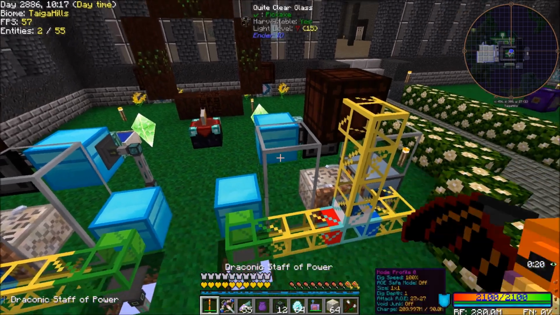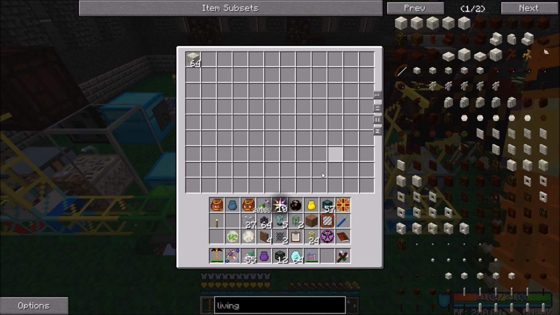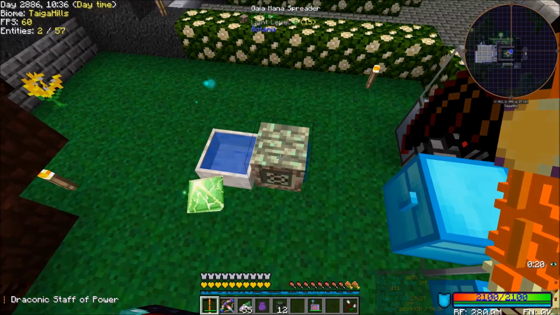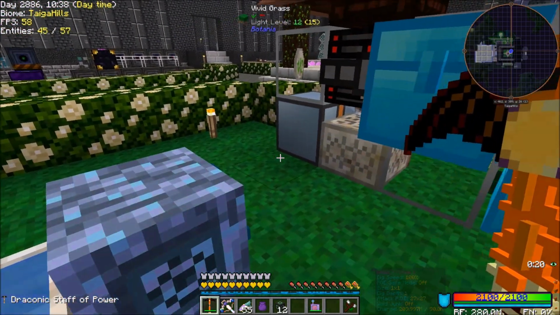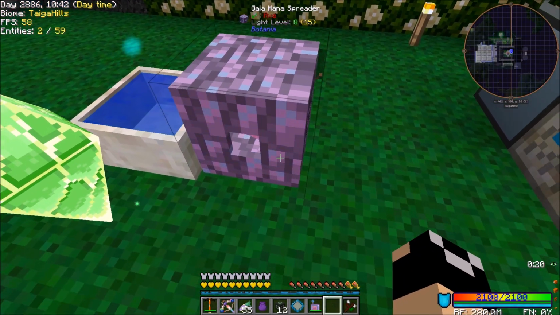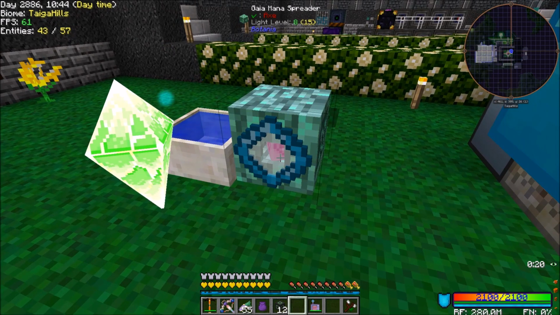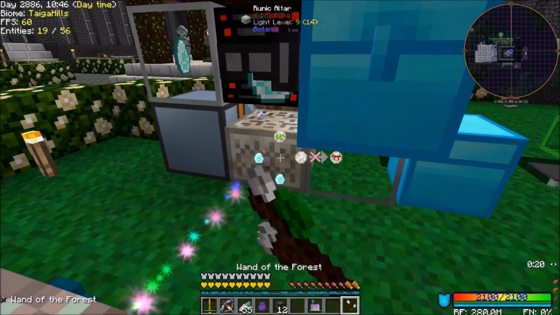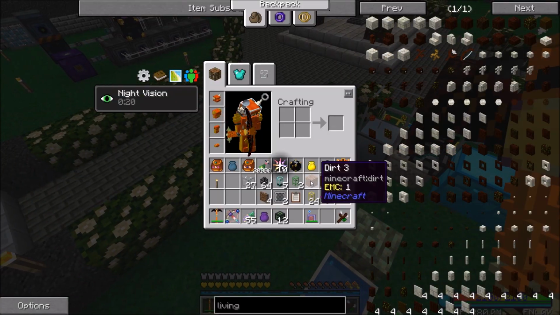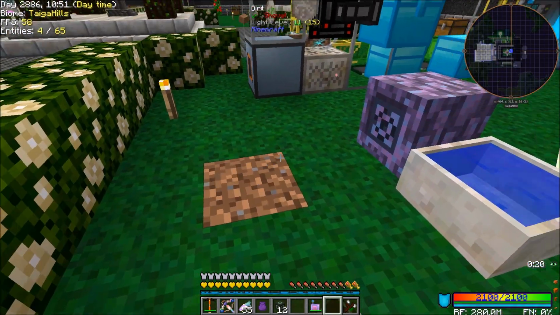So let me get just a little bit of living rock here. Throw that into there. Throw some mana diamonds, runes of winter, rune of earth. And that stuff's all going to get shipped out. And of course, this one's not working. Oh, of course. I swear, Botania in this pack is so broken. There we go. That's like the portal. It shouldn't...